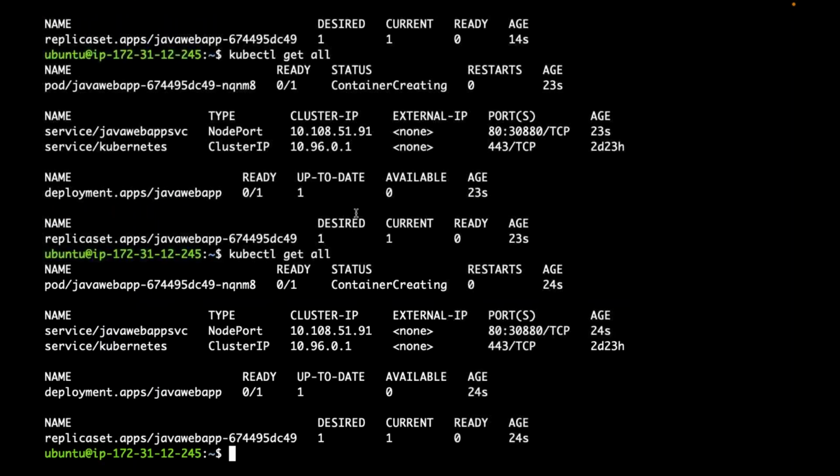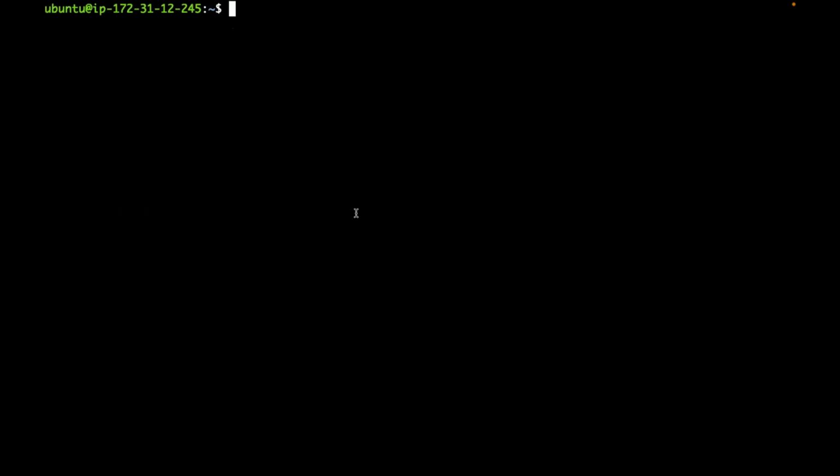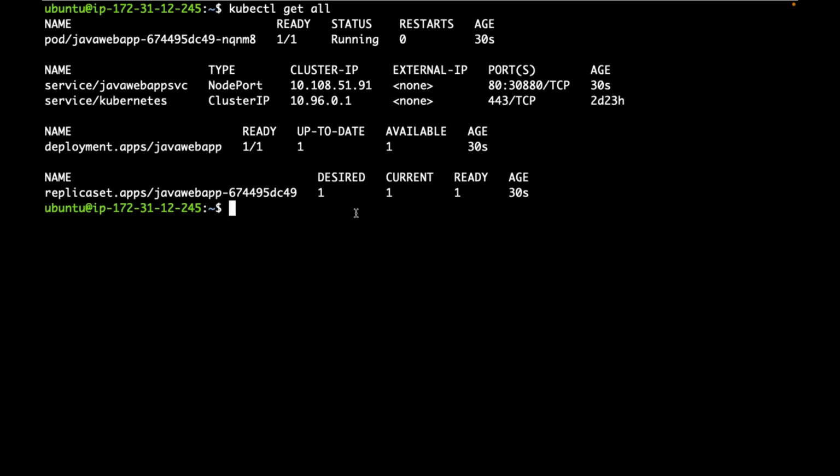The container is getting created. It is pulling the image to create a container, so it will take some time. Let's wait. Now the container is running. Now if you see kubectl exec, this pod,